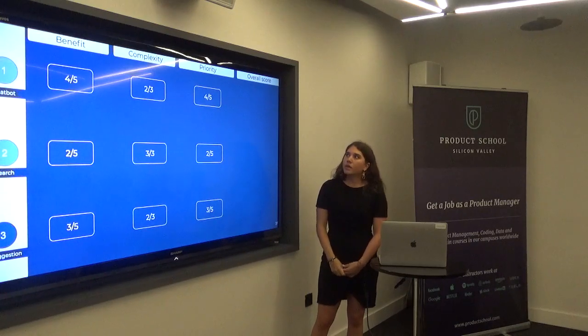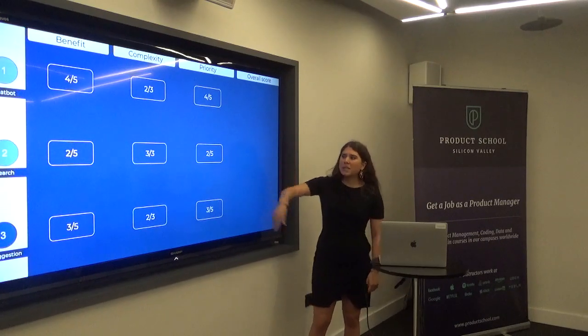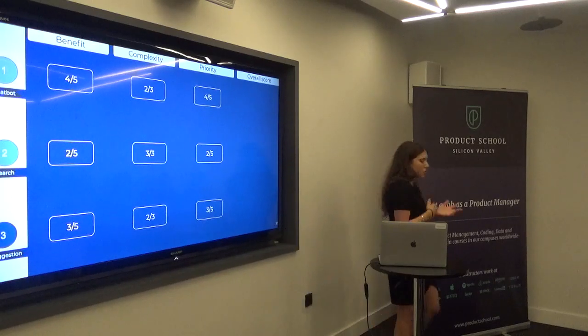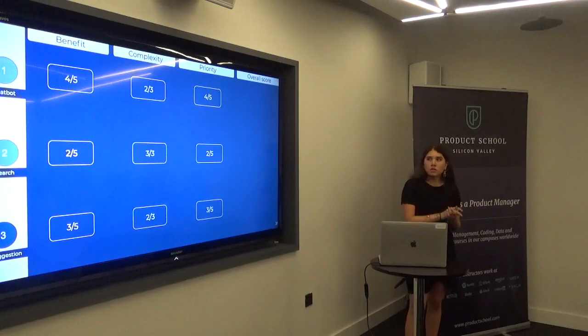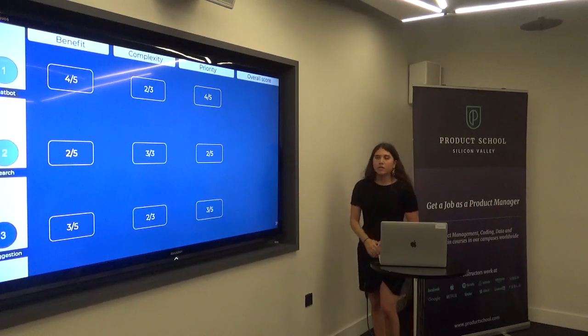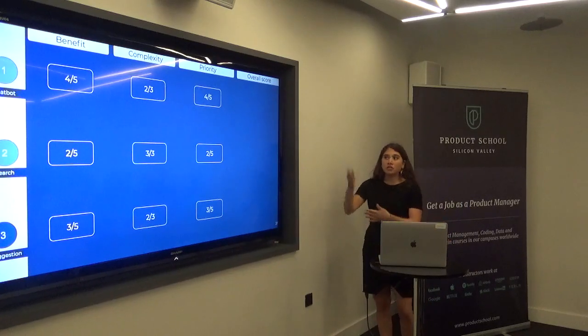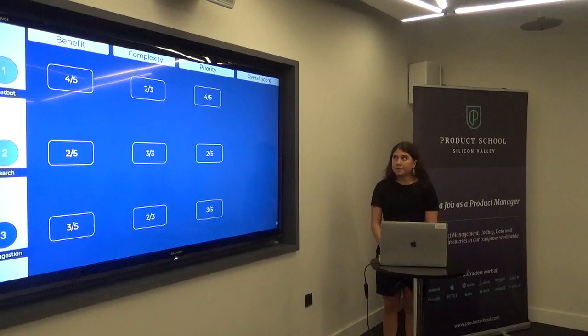So you have your additional complexity, and this can be something that you can do with your dev teams. You just have a casual conversation. You're like, I want to build this awesome chatbot. How complex do you think it's going to be based on other features that we've done? And you can just ask your dev team to t-shirt size it, small, medium, large. And based on that, you just input your figures here.